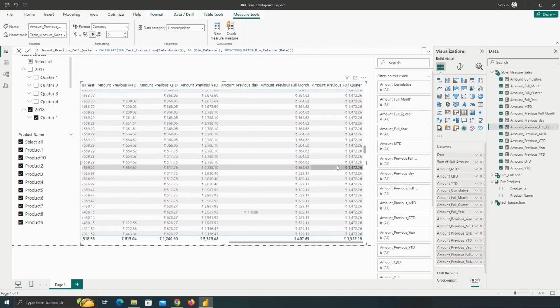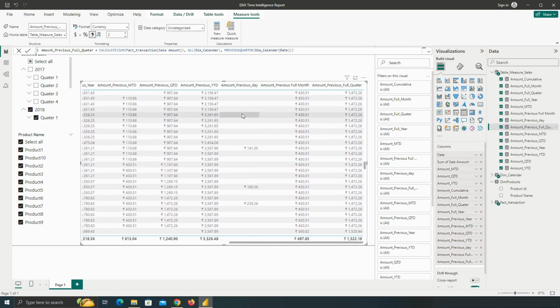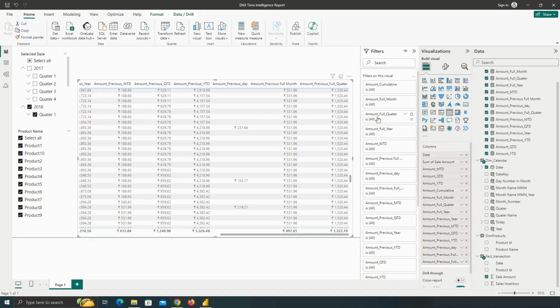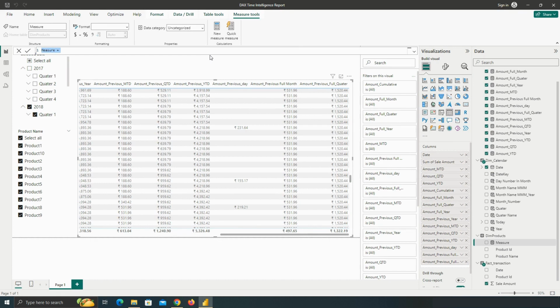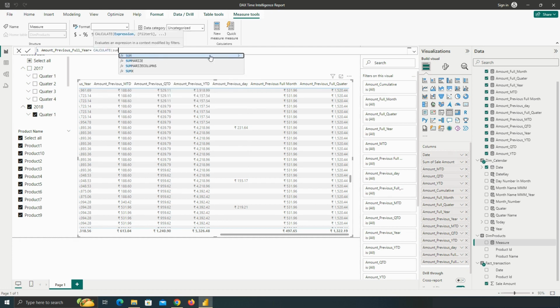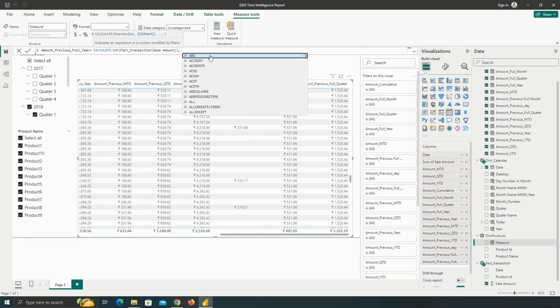You can see previous full quarter. Add another measure for amount previous full year. Amount previous full year. Calculate sum of transaction sale amount. Close the bracket, then filter